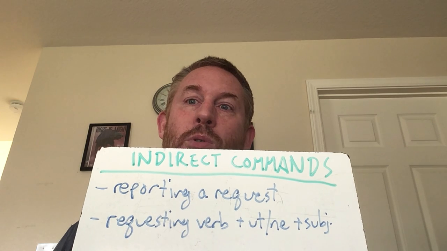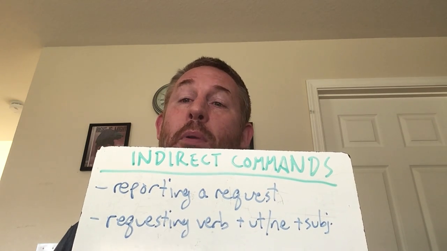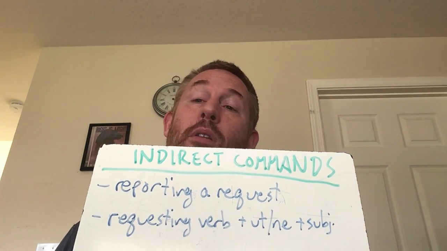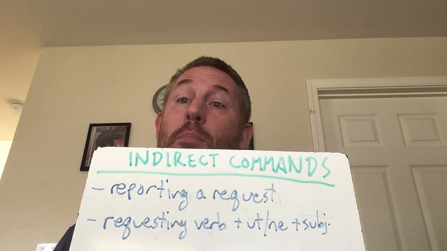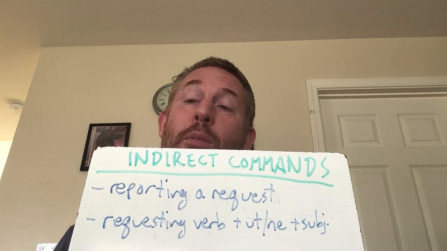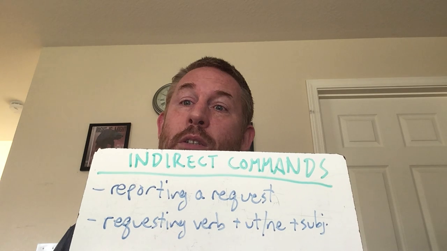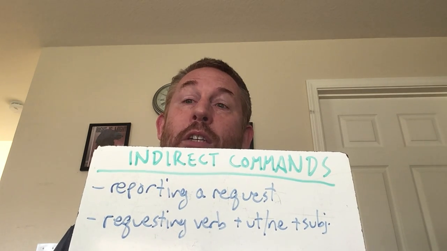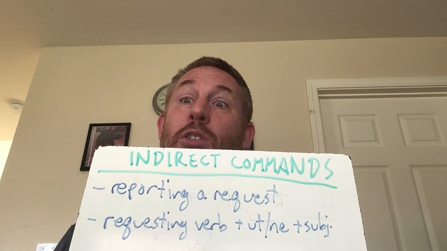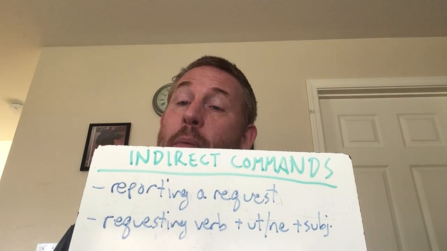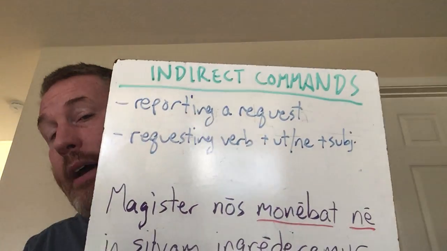So now that's two ut or ne clauses that you've got. So when you parse something, you tell me the person, the number, the voice, the tense, the mood, the reason for it. And it could be that it's an indirect question. It could be that it's a cum clause. It could be that it's a result clause. It could be that it's an indirect command. Now,